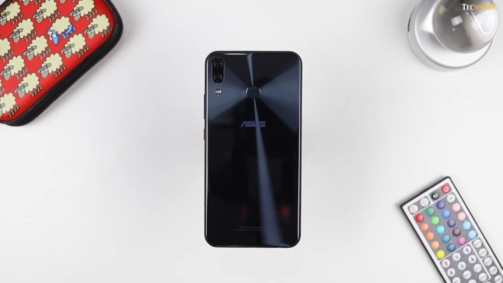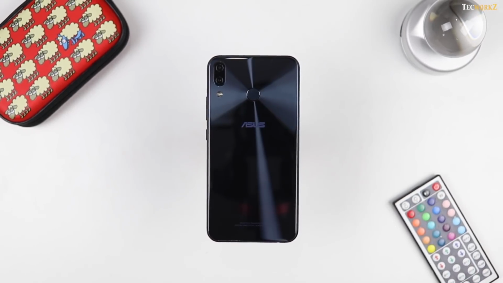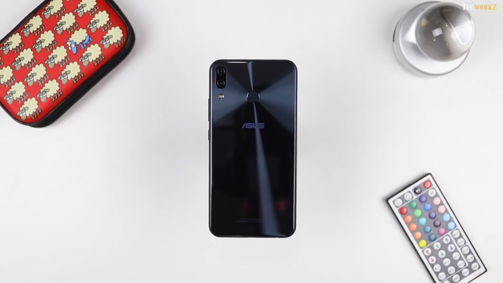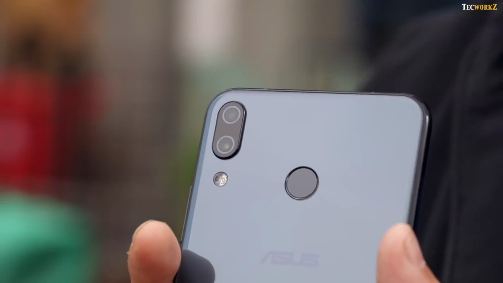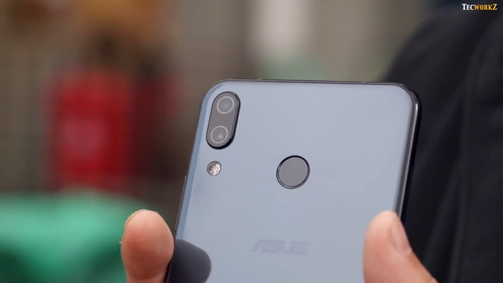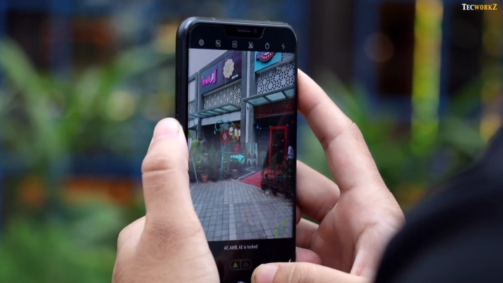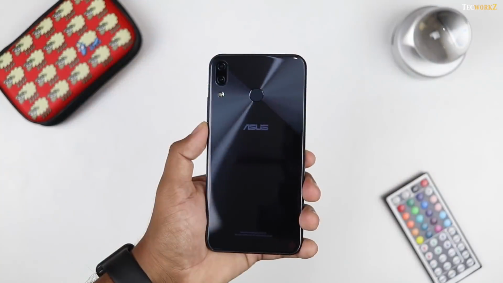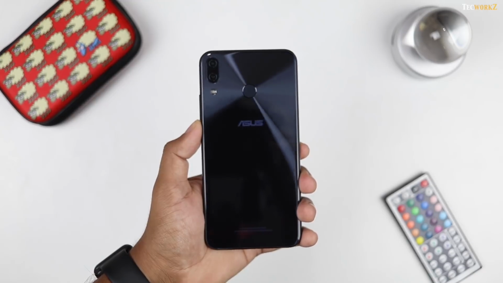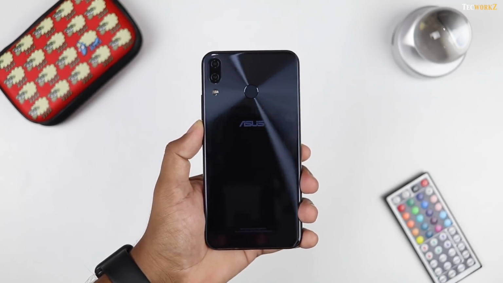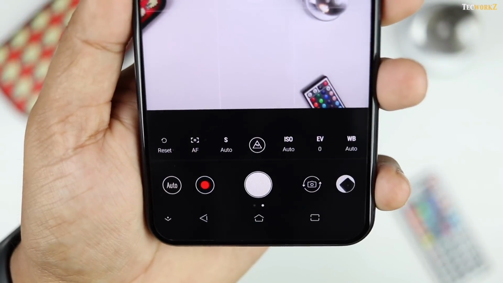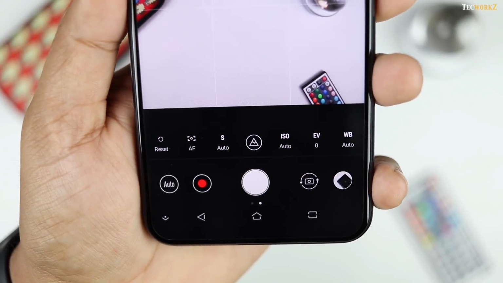So with all these image and video samples, it is clear that the Zenfone 5Z does a stellar job in the camera department. It is one of the most affordable flagship smartphones in the market right now, and we might as well call it the smartphone with best set of cameras in its price range. If you are planning to get this phone, then just go ahead without any hesitation. You are not only getting a very good set of cameras, but also an all-round flagship smartphone at an amazing price.